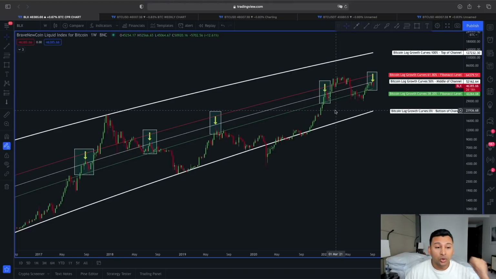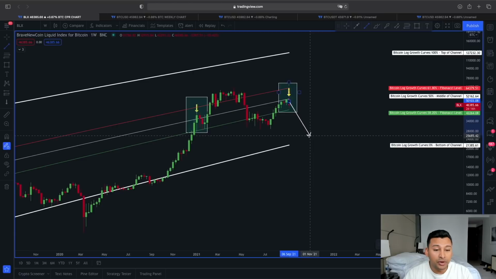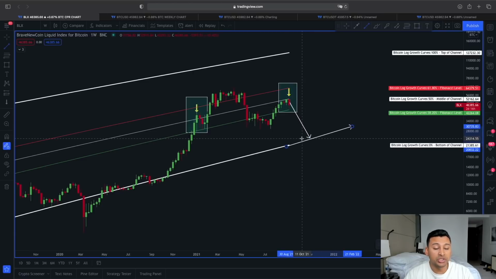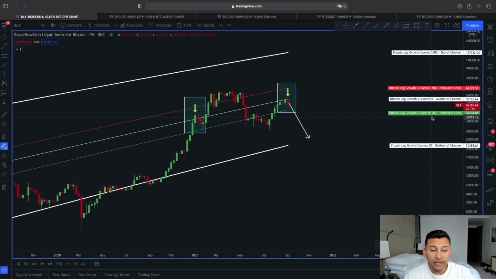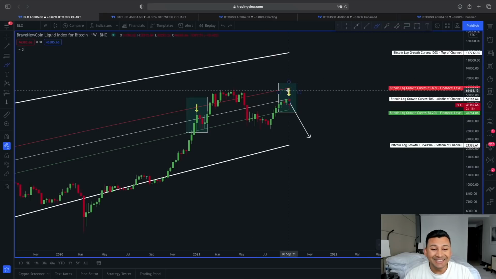But now the question here is what to expect next. Is this a sign that the price of Bitcoin is going to reverse towards the bottom of the channel, or are we going to find support in between these two Fibonacci lines? This green line, which is the Bitcoin logarithmic curve 38.20%. Between this line of 50 to 38.20, this is a very important line and also a decision line for Bitcoin,